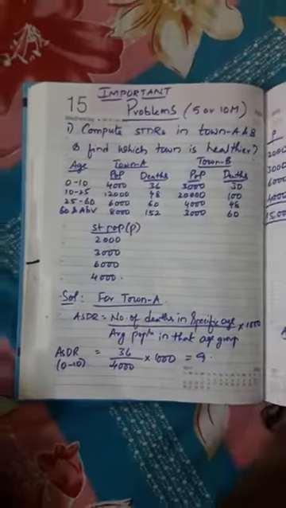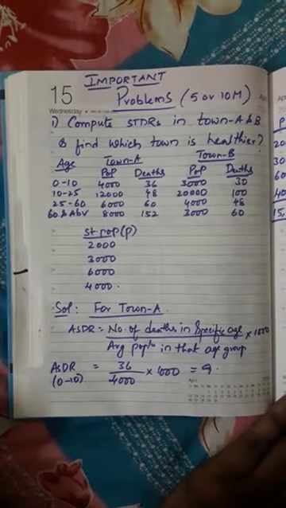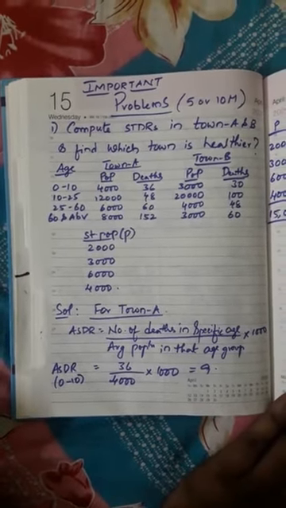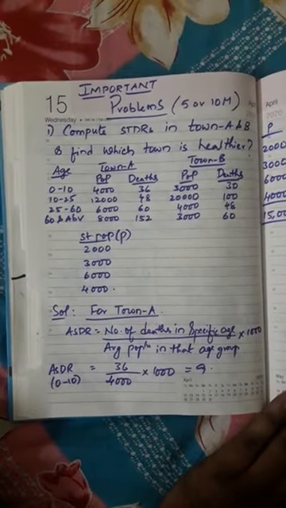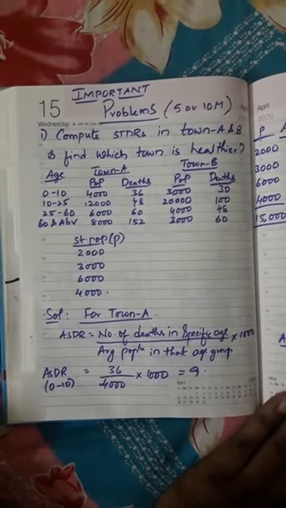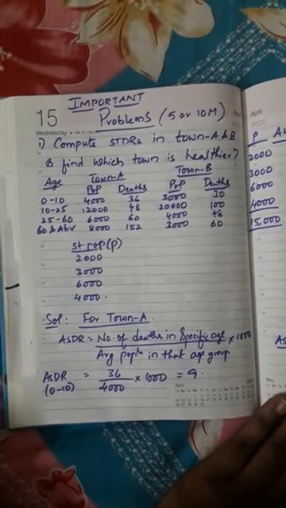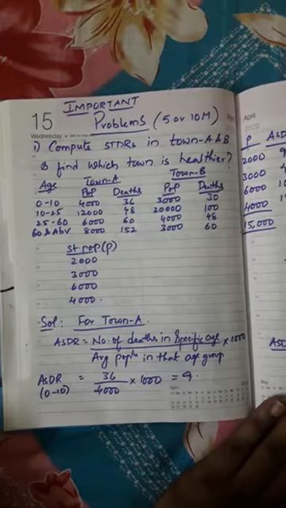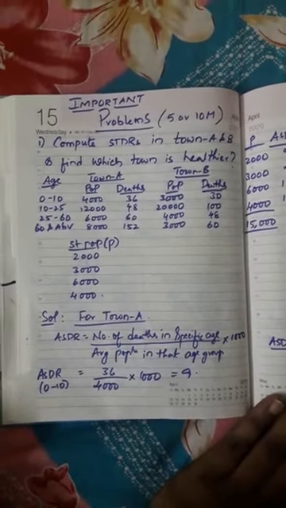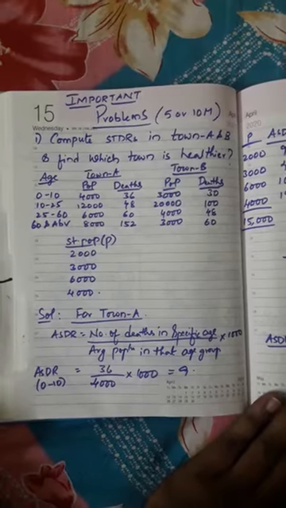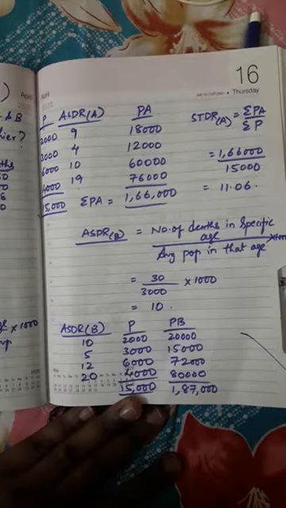So this is the problem. We shall see it from the beginning. This is the question given. Two different populations along with the deaths of two towns are given, and one more column, the standardized population, is given separately. Sometimes it will be asked separately, or the question will mention to take town A as standard or town B as standard. So you calculate the ASDRs of the first age group and the remaining ones in the column itself, and then find PA.